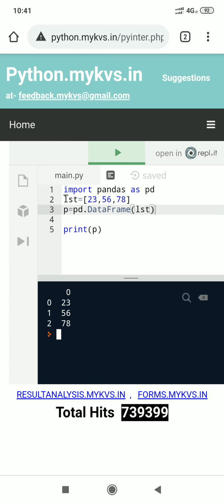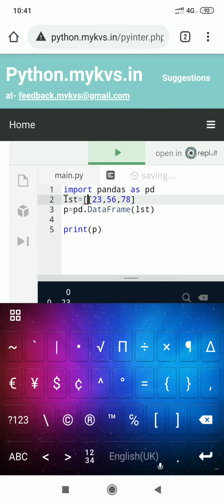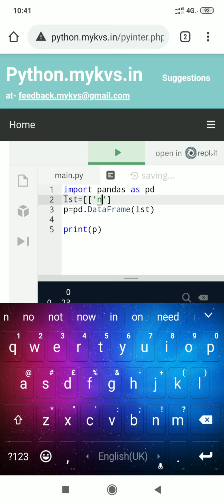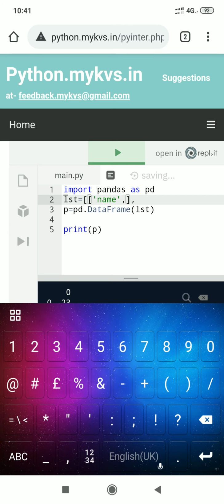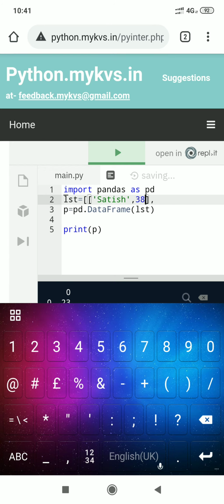We have to create a list of lists here. So mention this bracket and close with this bracket, and create multiple lists here. The first column is for name, and the second is the number. We assign the value of name, that is Satish, and its value like 38.